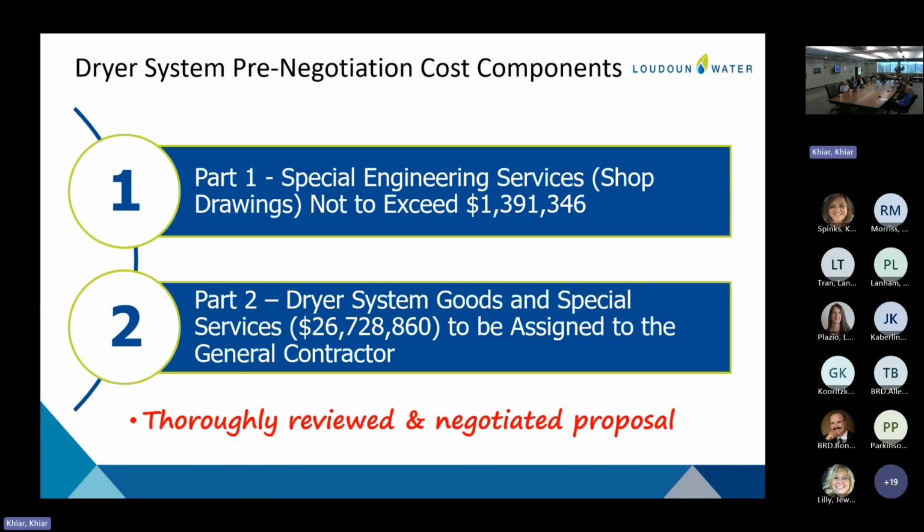Okay, and just again to add, we have put a lot of time into the review and negotiation of the Andritz proposal. We've been spending the last 4 months or so working with Andritz to come to agreement and get the best value. When you're referring to thoroughly reviewed and negotiated on part one, where did we start and work our way down? I'm assuming we worked our way down to 1.391, and on the 27 million, where did we start and what did we negotiate down?